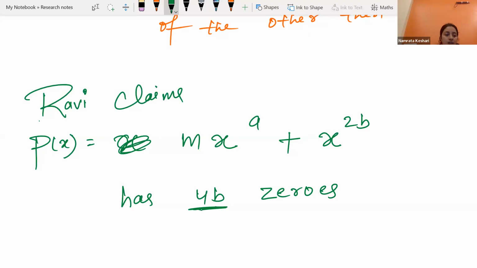Now for Ravi's claim to be correct, which options are correct? Our option is a is equals to 2b or a is equals to 4b. We are sure about 4b, right? Yes. Now 2b,